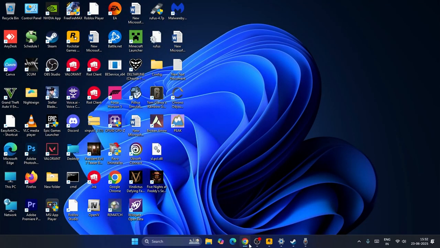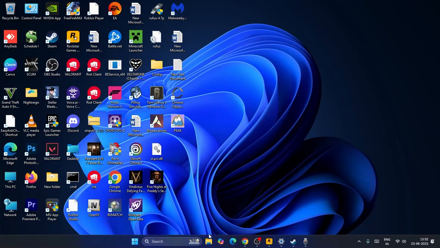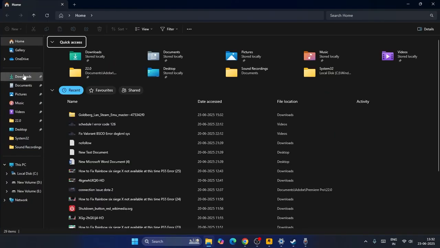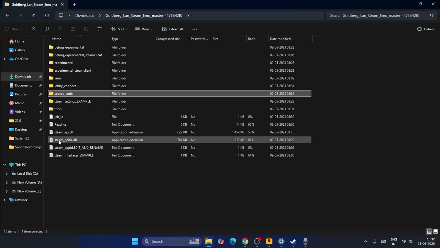Next, we need to download a file from the Goldberg emulator. Just open the link which I'll be providing in the video description, and click on the latest build so that it gets downloaded. Once it's successfully downloaded, go to File Explorer, go to Downloads, find this one, and you will see a folder named